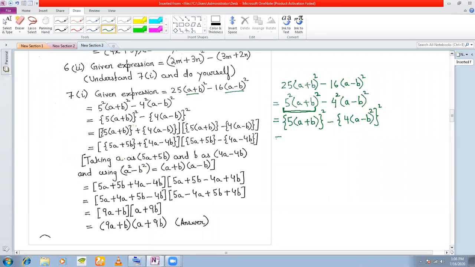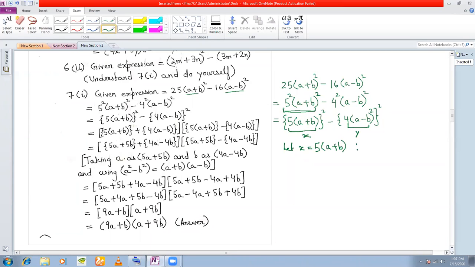Okay, so now in the note I have proceeded directly. But what you can do here is you can take this expression as say x and you can take this expression as say y. So what I do is let x is equal to